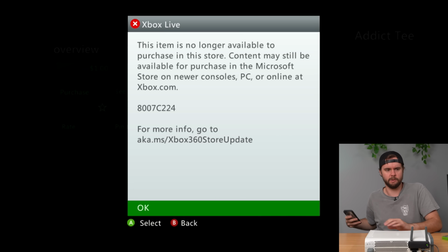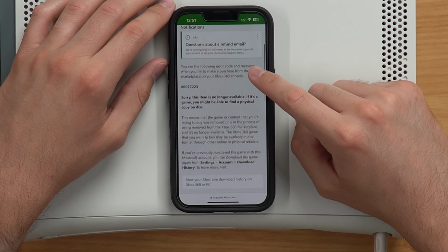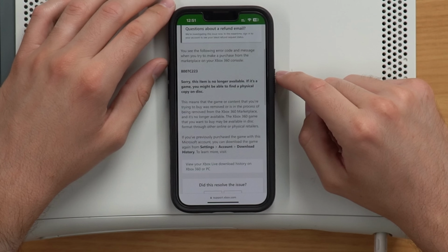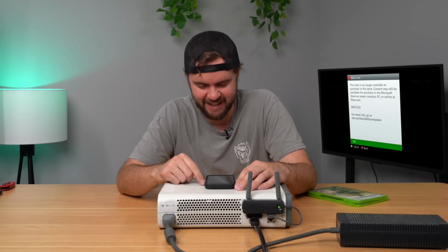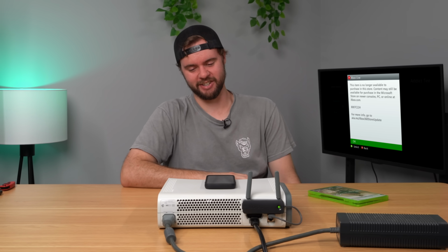I just want to look that up and see what that tells me. So it says this error code occurs when you attempt to make a purchase on the 360. "Sorry, this item is no longer available. You might be able to find a physical copy on disc." Dude, they say it so nonchalantly, and it's just like a